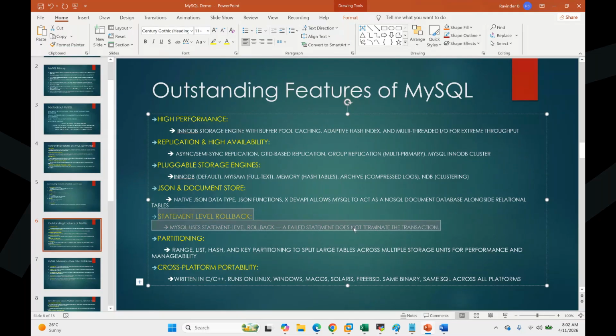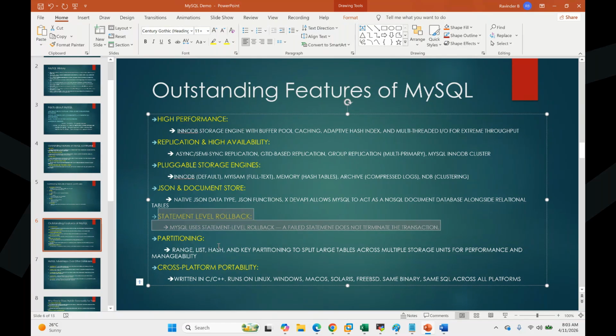Within a transaction, if some statements fail, whatever was committed is committed and whatever failed is failed, and you are still ACID compliant. How you are still ACID compliant, you will only understand after the architecture. Because the architecture plays a very important role in understanding many things, I'll explain statement-level rollback there.